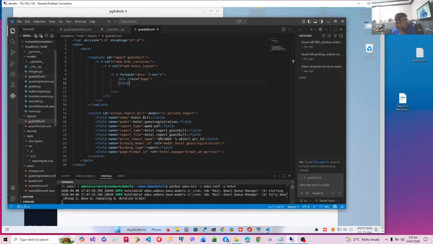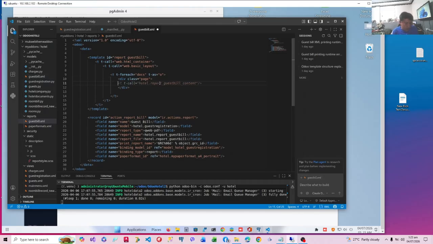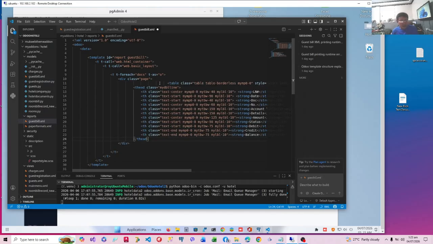Now, usually a report contains a table, so therefore it will use the table tag of HTML. Let's put our first table tag to avoid delay. I am just going to copy them. You know what a table is? A table is an element which has a header, a body, and a footer.